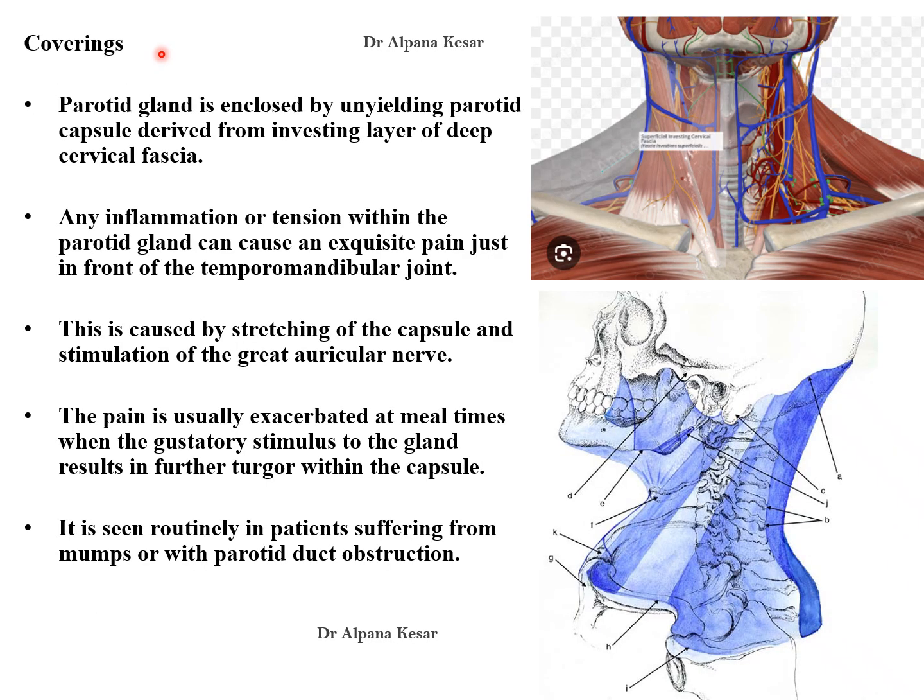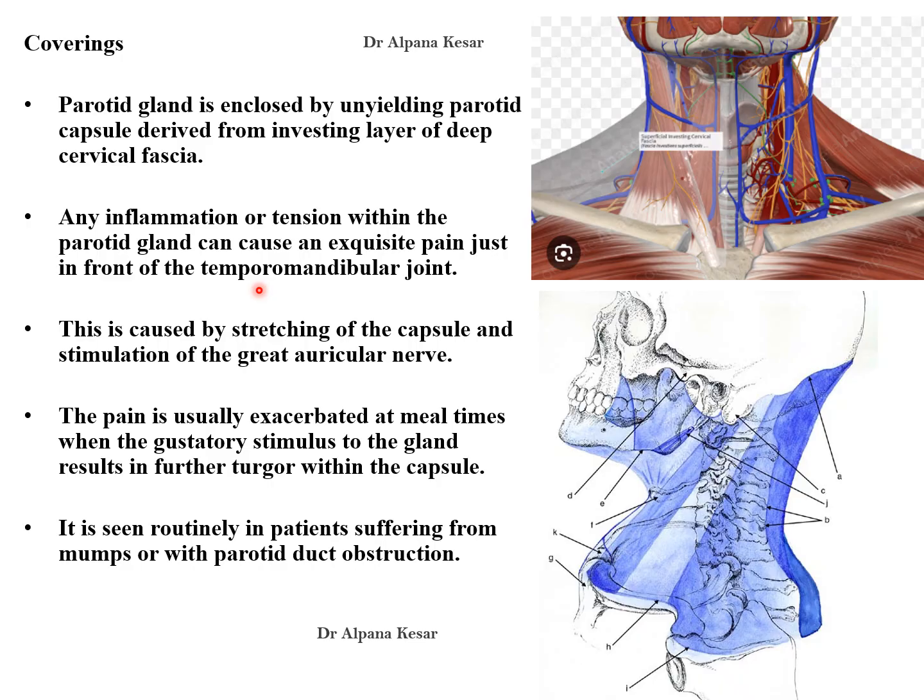Coverings of the parotid gland. The covering of the parotid gland is called its capsule. The capsule of the parotid gland is derived from investing layer of deep cervical fascia, and this makes the parotid capsule unyielding. So whenever there is any inflammation of the parotid gland due to its unyielding nature of parotid fascia,